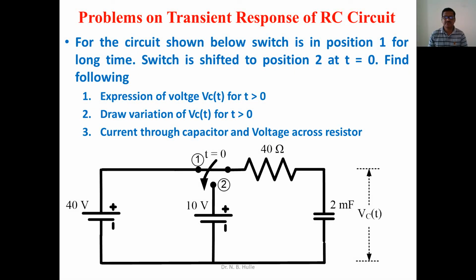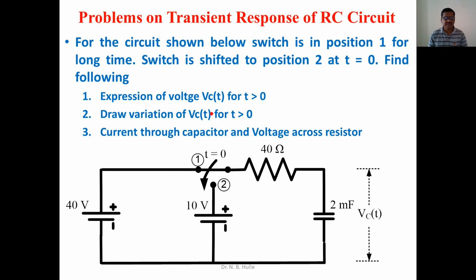In this video, we'll try to solve this problem. The statement is: for the circuit shown below, the switch is in position 1 for a long time. The switch is shifted to position 2 at t equal to 0. Find the following. First point is, the expression for voltage across the capacitor, Vc of t for t greater